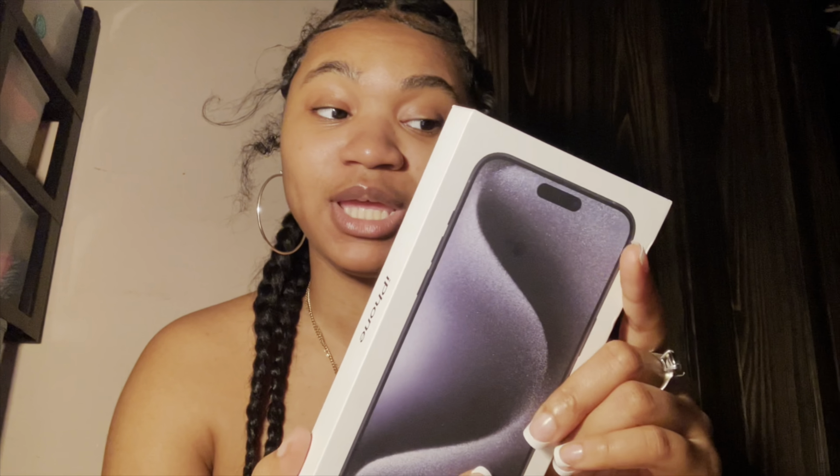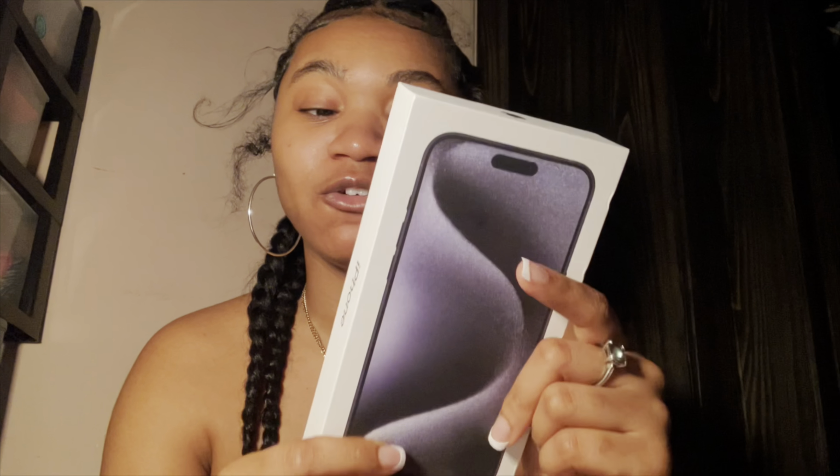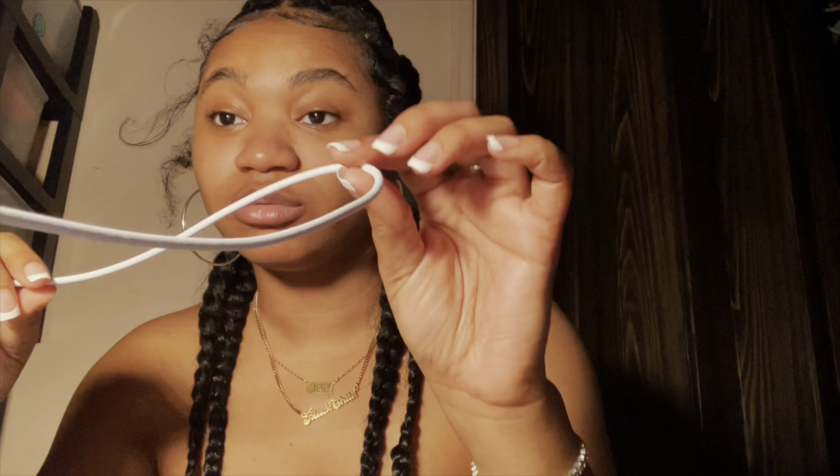I've had this phone for 24 hours now. I got it yesterday and I really love it. I'm excited. The phone I came from was the iPhone 11. I had the purple iPhone 11, the regular one. But this time around I got the iPhone 15 Pro Max. So what it came with was this rope plug, and